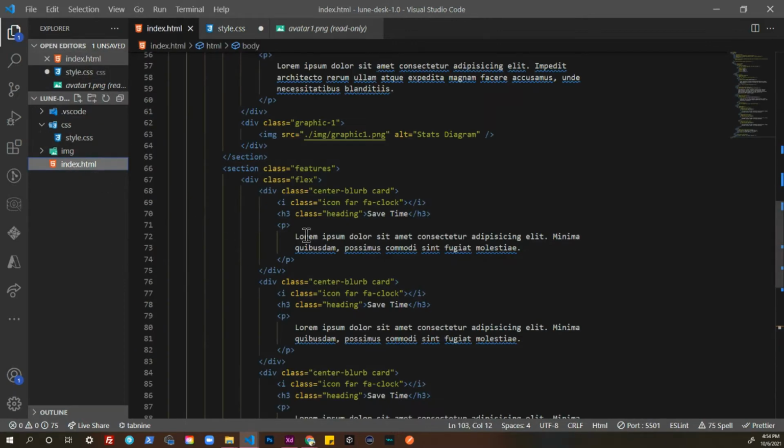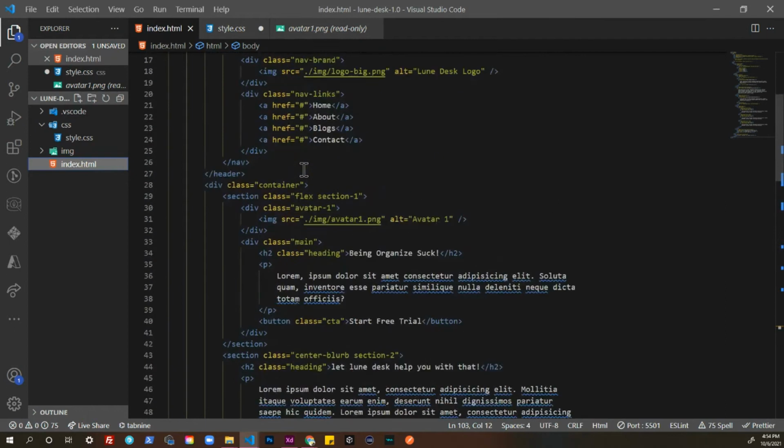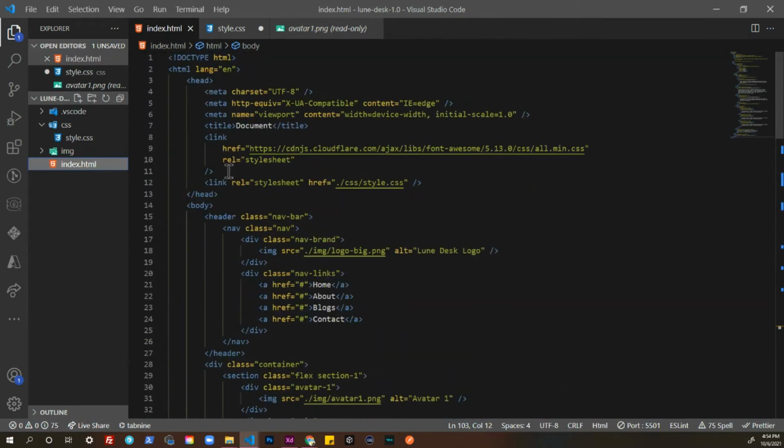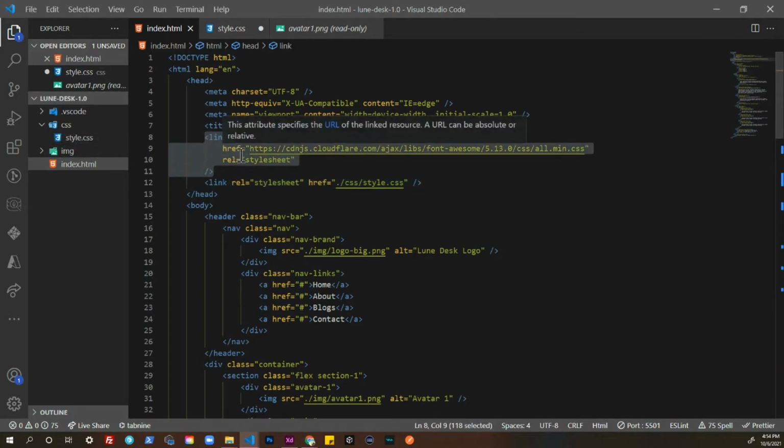Sometimes you think you got it all planned out, and then you got to kind of go back, make some tweaks, and work it out. So we'll work our way up to the top. This is our style sheet, right? Our external style sheet. So I have that already included here, right? Right before it is where I will drop, which will be in the description below,